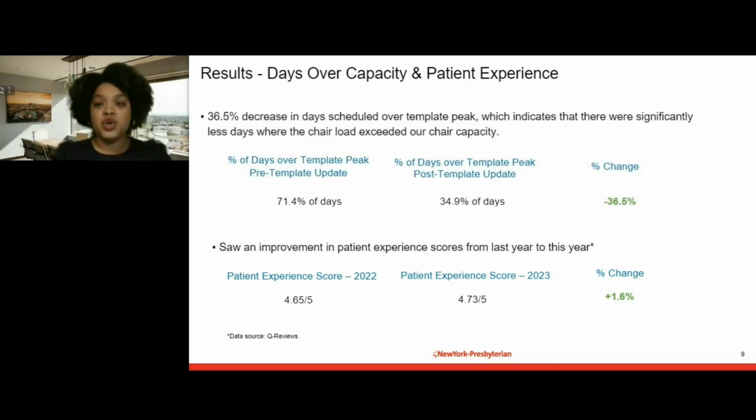So with LeanTaaS help, we were able to add the correct estimated number of appointments that we see of that 5 to 6 hour slot into our template and less of the 30 minutes. And then on the opposite side, on Fridays, LeanTaaS showed us that we were seeing many of our 30 to 60 minute short infusions and less of the 5 to 6 hours. So then we did the same. We added a lot of those 30 to 60 minute shorter infusions into our template and less of the longer